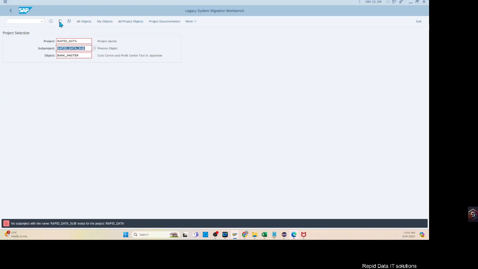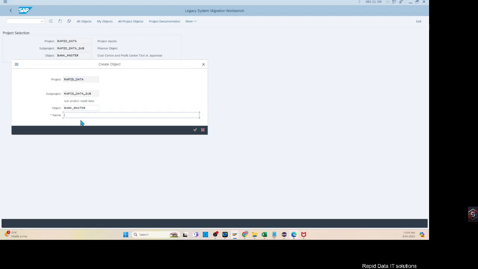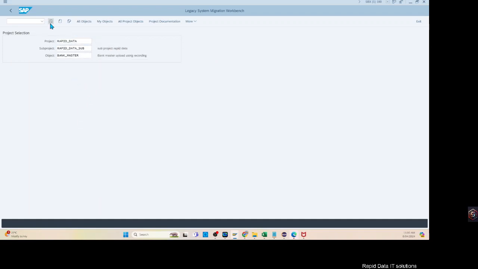So it doesn't exist, so we have to create. So a Rapid Data project was created beforehand. So sub project Rapid Data, and naming of the projects and sub projects could be controlled within the project, the comment of the projects. And let's call it bank master upload using recording. Now let's go inside the